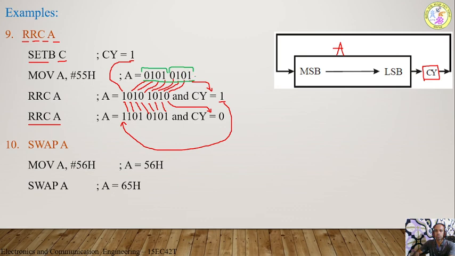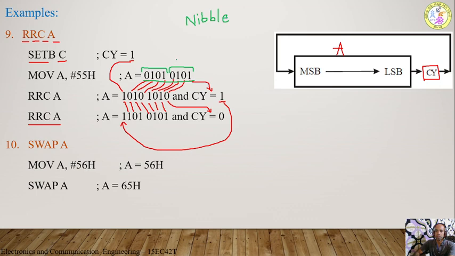So this is one group of 4 bits and this is another group of 4 bits. A group of 4 bits is called a nibble.